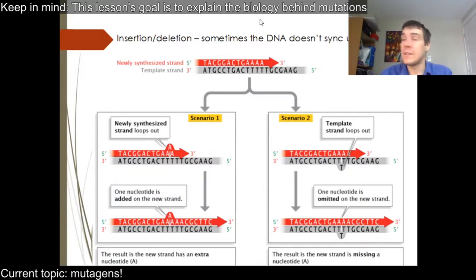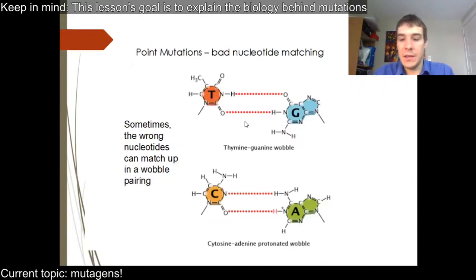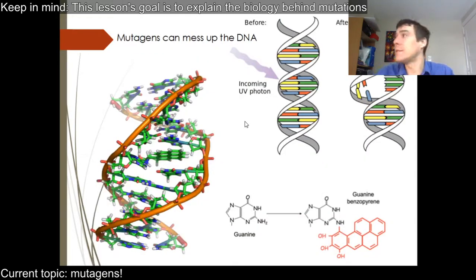Biology behind mutations. We're going to talk about the structure of DNA. We're going to talk about the base pairing rules. We're going to talk about the semi-conservative replication. This part was the semi-conservative replication and the base pairing rules. And now we're going to talk about the structure itself. So here's a diagram of DNA